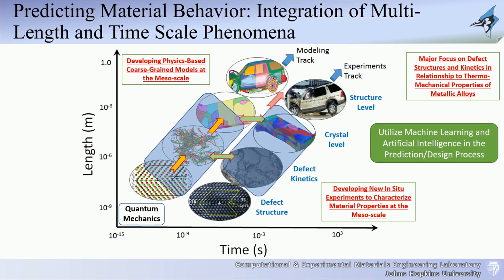However, they're still limited. Regardless of how many processors you have, you won't be able to go above a few microns. And the problem is these structures that are forming are larger than that, and your grains are typically larger than that. So it's very important to be able to understand on a grain level what kind of structures are evolving. So we're going to try to do these predictions at that coarse grain level, but to be able to do that, we need information from atomistic scales, and I'll tell you what kind of information we need.